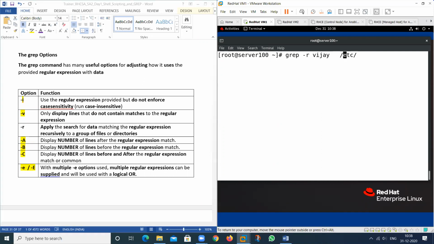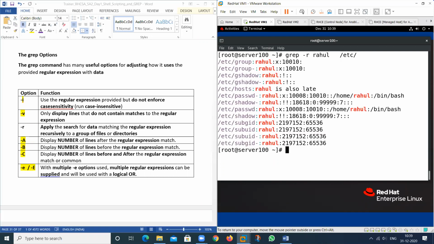So see, this is Rahul. See, Rahul, name of that is also a name of the user also. It will search from this particular group folder, G-Shadow folder, host. In host, what I have wrote about the Rahul, this one. But this also containing this whole thing. So if I want to search a line, see, we have a line.